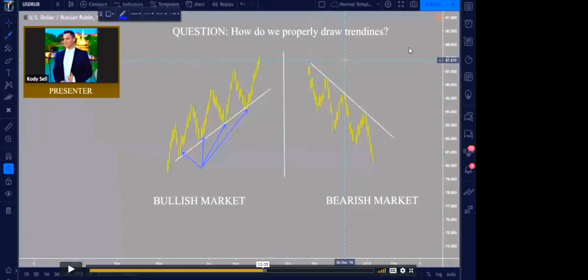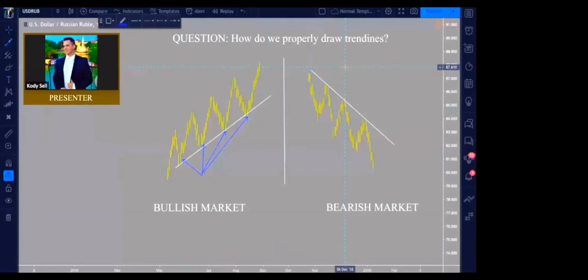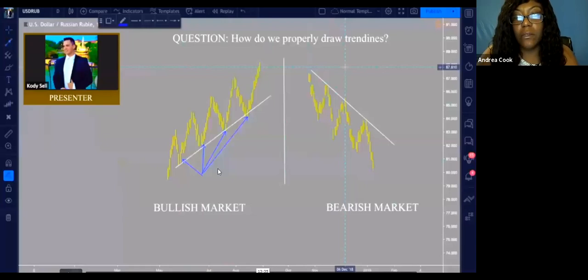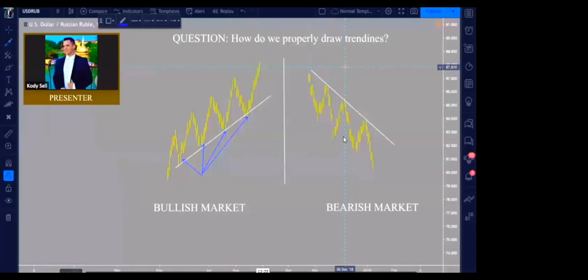Even though I'm not fully understanding everything, the trend line that you have on the bearish market, if you took that line and put it at the bottom here, couldn't that be a bullish market? On which side? On where it says bearish market. No, because